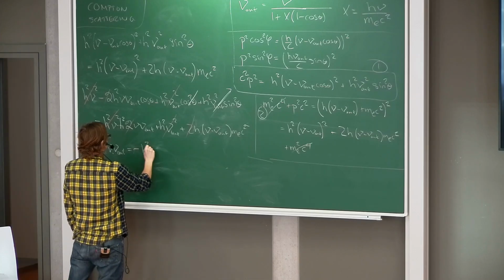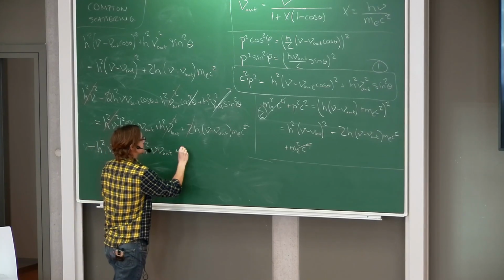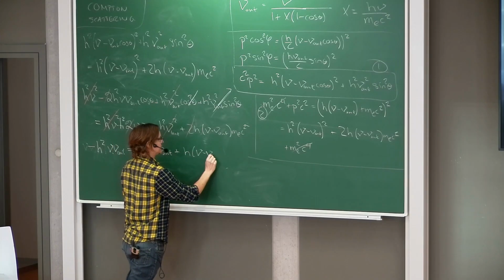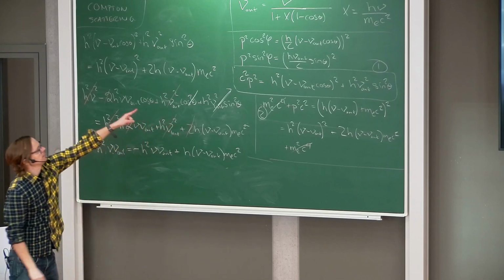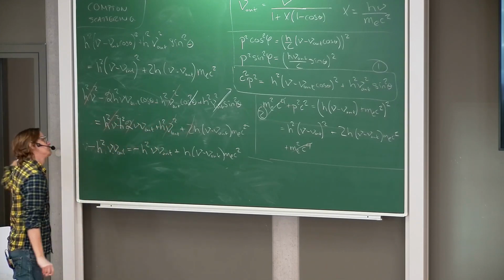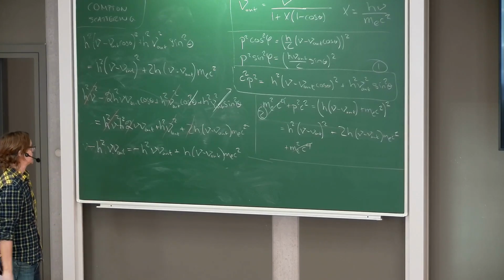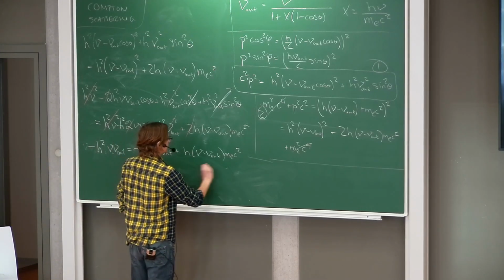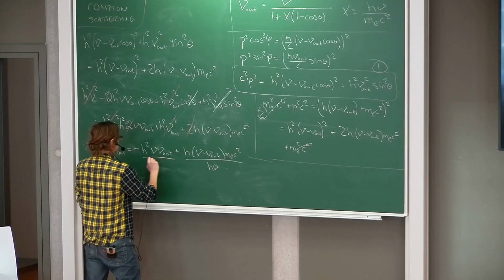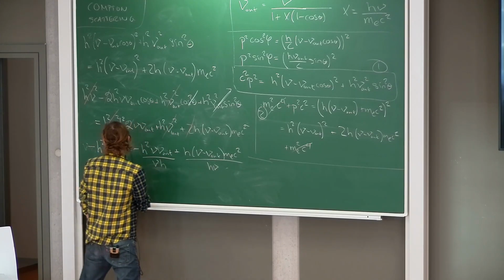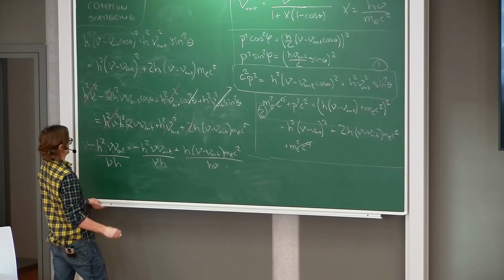Minus h squared nu out plus h nu minus nu out m_e c squared. So my point was we had some sort of x there, so we want to divide, if we can, by nu h, right? So if we divide this now by nu h, or h nu,